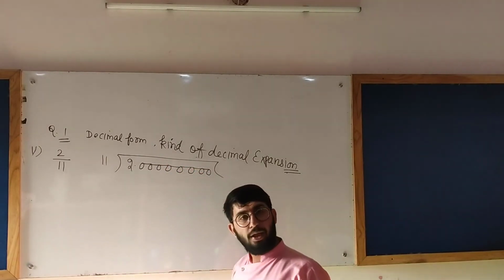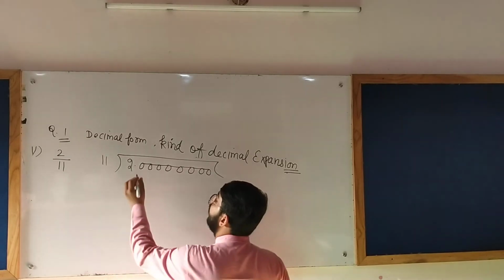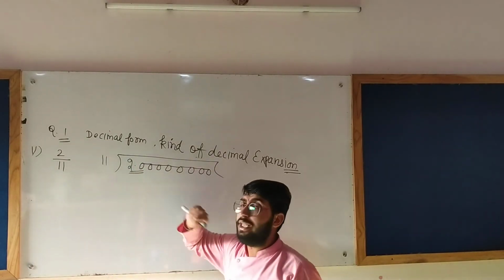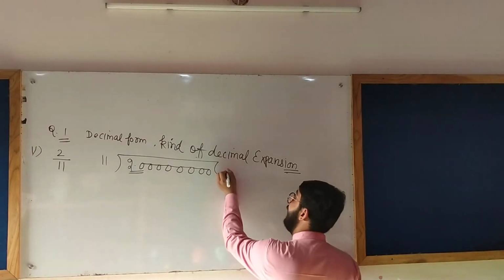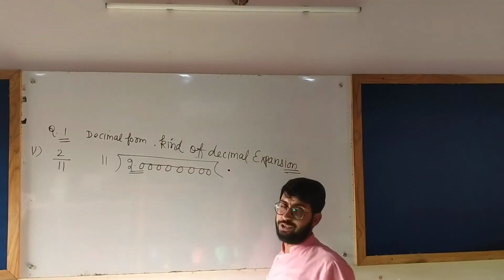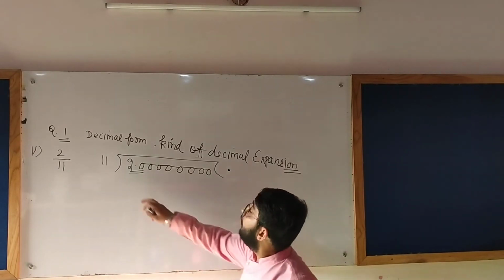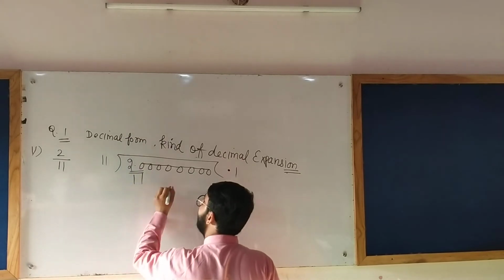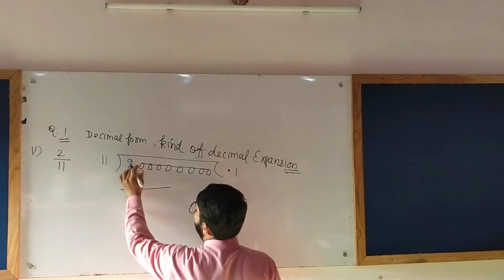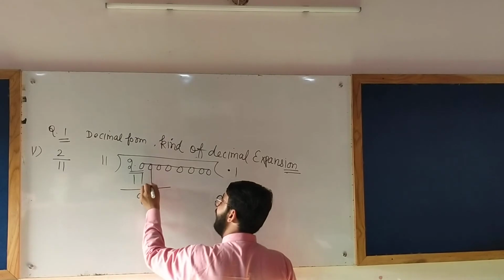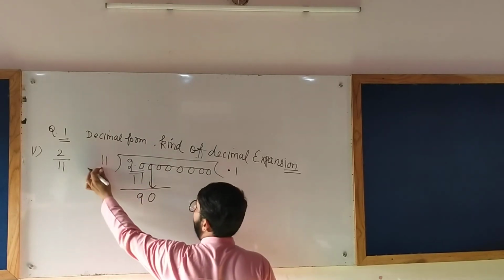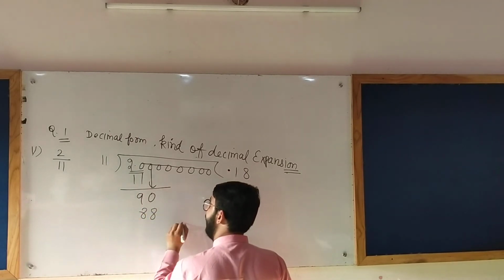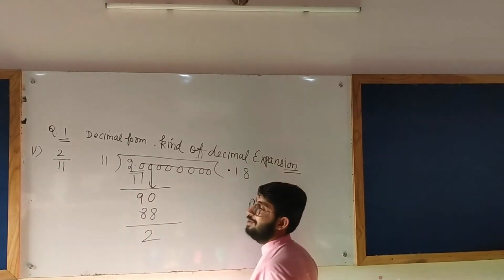2.00000000000000. Okay. But in the table of 11, 20 doesn't come and I have to take a digit, a 0 after the point. So I have to introduce the point in the quotient. Now 11 ones are 11. The remainder is what? The remainder is 9. I take 0. Okay, now 11 eights are 88. The remainder is 2.